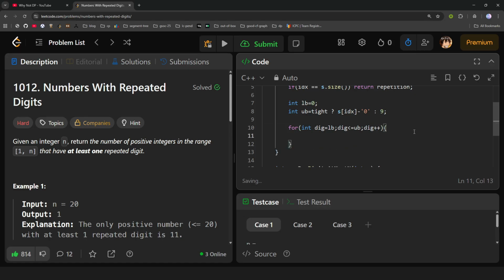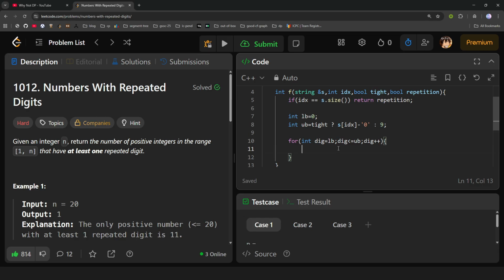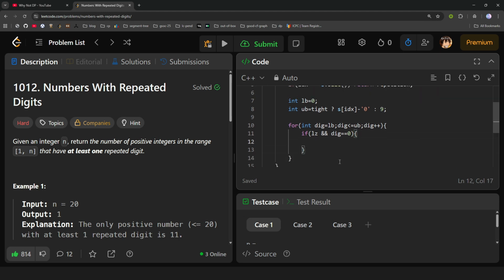And what I told you, so see, this is very important now. So we know that we have to see whether leading zeros are present as of now or not, right? So we'll check if leading zeros are already present as of now or not. So if the leading zeros condition is true and the digit that I have chosen right now is also 0, so if both of these things are true, it means that the condition of leading 0 will also be true